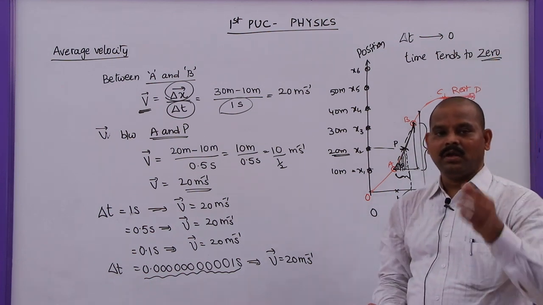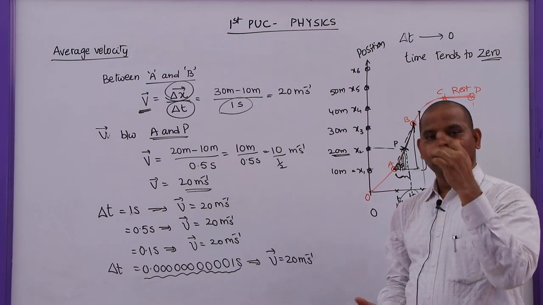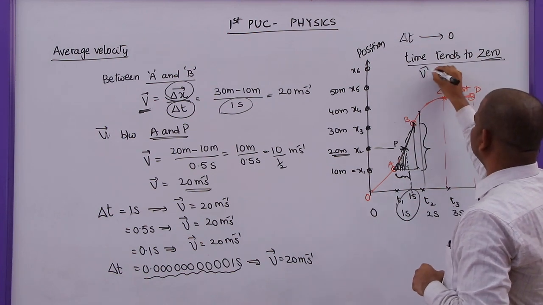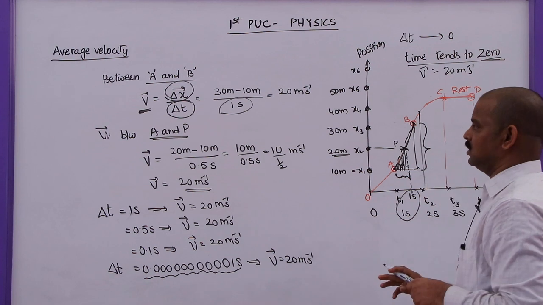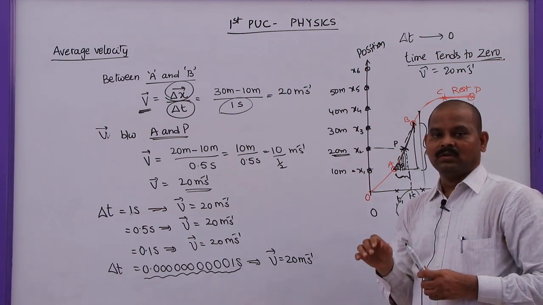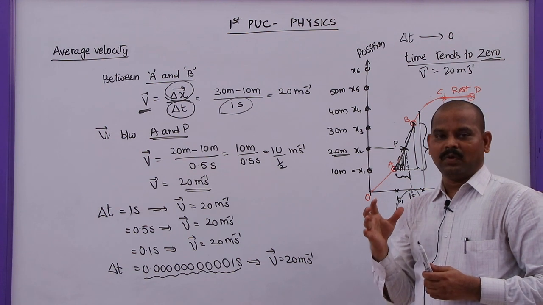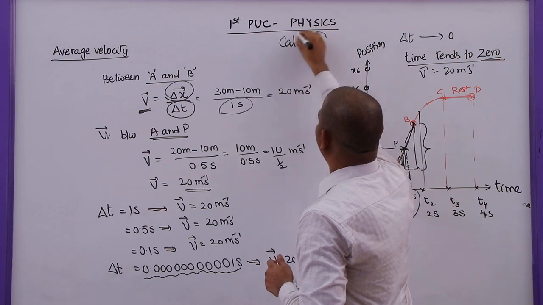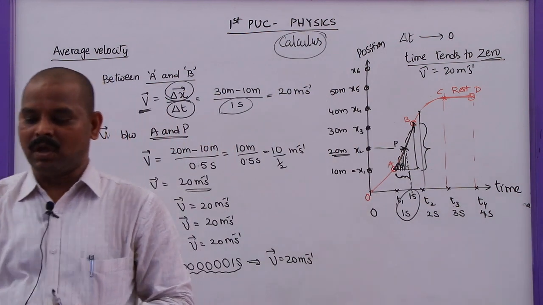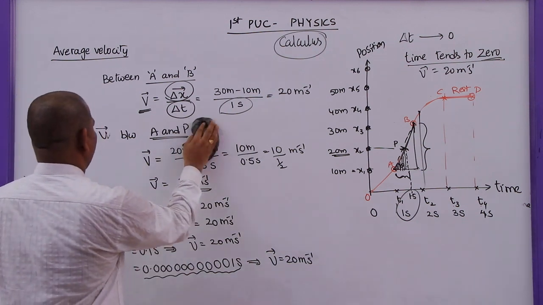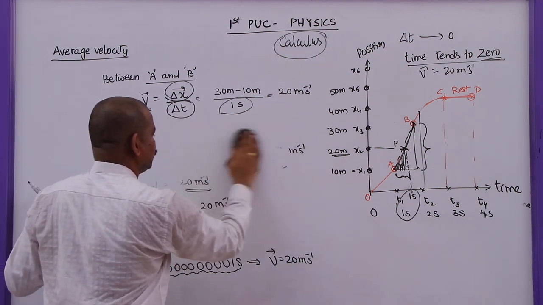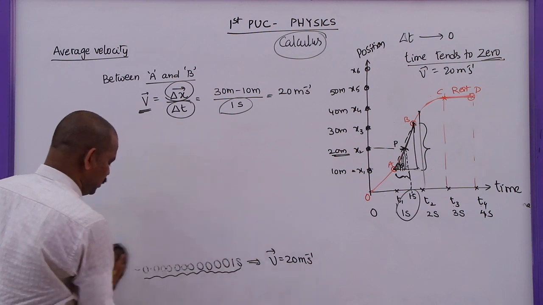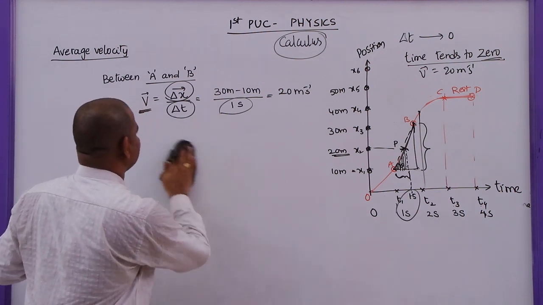If time equals 0, then in that small time interval, the body will be at rest. So for a small time interval, when the time tends to 0, the velocity remains the same, that is 20 meters per second. Based on this, Newton invented one tool to solve problems in physics that we call calculus. So by using the principles of calculus, Newton found an expression to find the velocity of a body. If the velocity of the body at a given interval of time is something, for a small interval of time also the velocity remains the same.